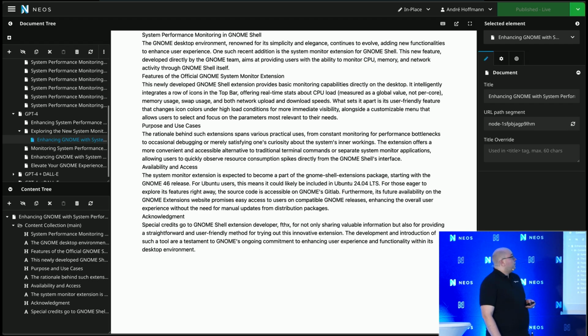So the result of these first steps was a text document like this. You can see here I have a page and I have my structure of headlines and text elements, which also showed me it seems to function really well.